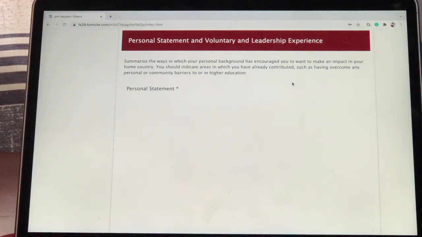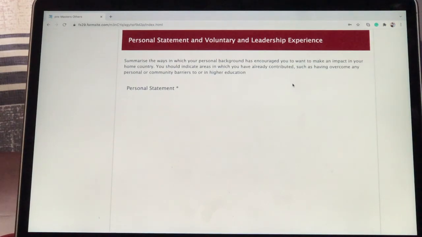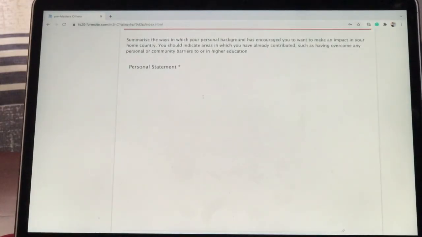So many students misunderstand this, so try to talk about where you have contributed, okay? Not only in education, but also in other fields, because we are working on various things. Yes, so here I expect you to have a very good flow. Again, here you have to make a plan, personal statement. You just have to introduce who you are. They want to know who you are. I mean, what was your childhood life like? So they want to know that, and how has that influenced you, or how has that induced you to want to